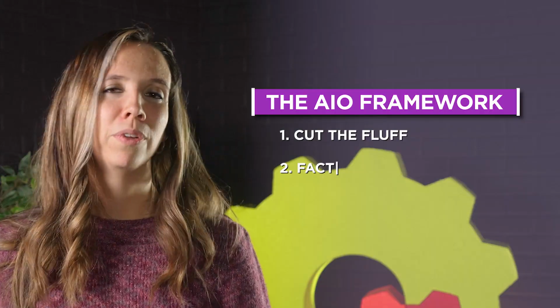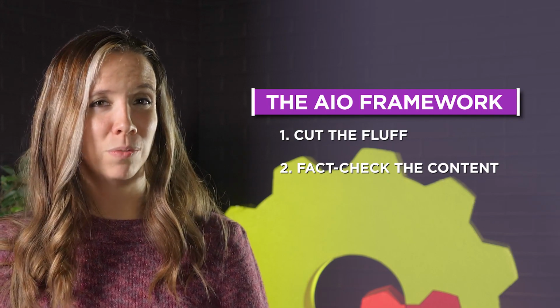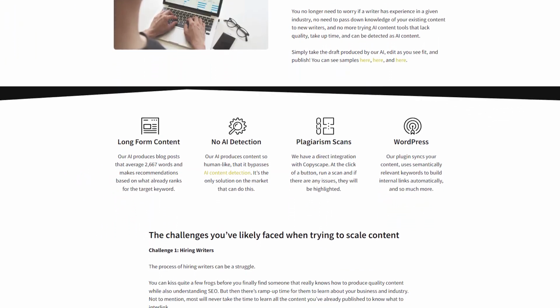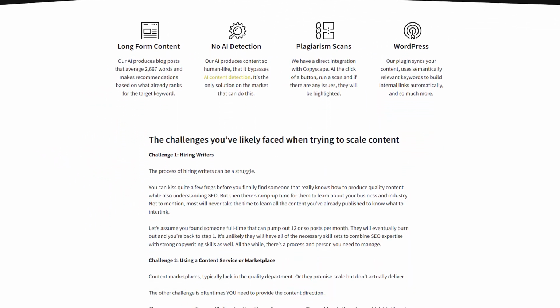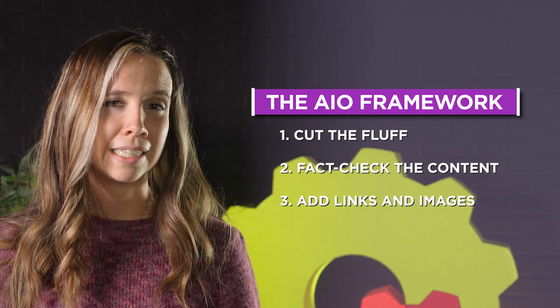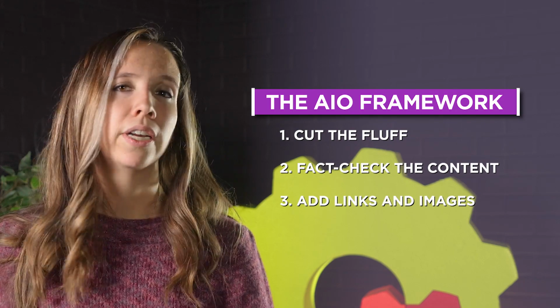And the next step is to fact check. So one problem with ChatGPT and why I haven't really gotten behind it is the facts can be wildly off from the actual data. And tools that have been built on top of these GPT language generators, for example, content at scale, Jasper, can help you make that a little bit better, but you still want to fact check. You still want to go through all the facts, make sure that they're accurate. And then on top of that, how can you add links? How can you add links back to your products, your services, or an industry authority?